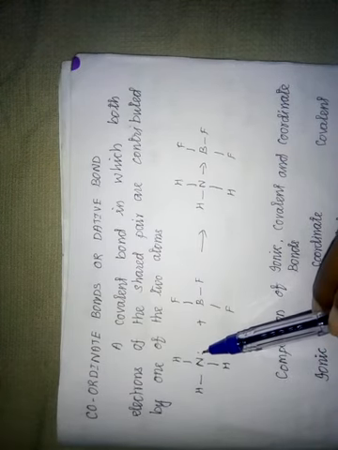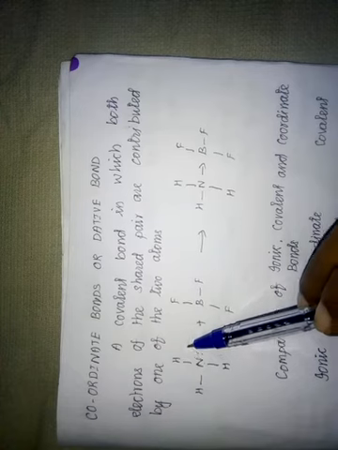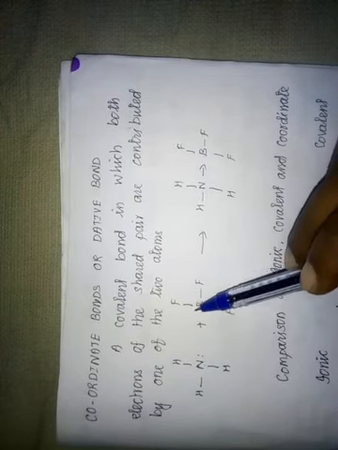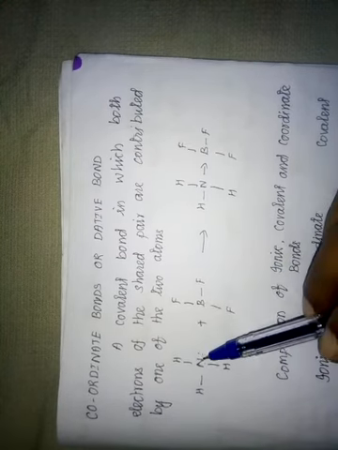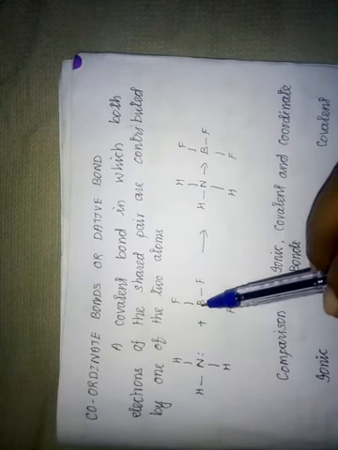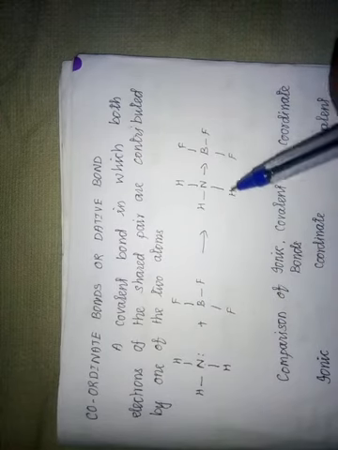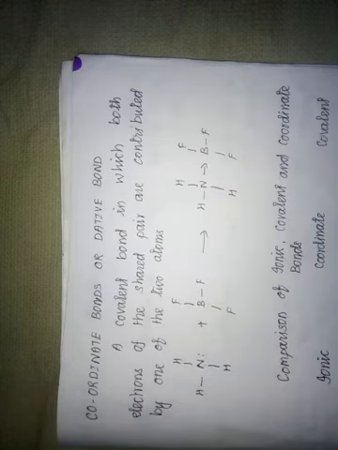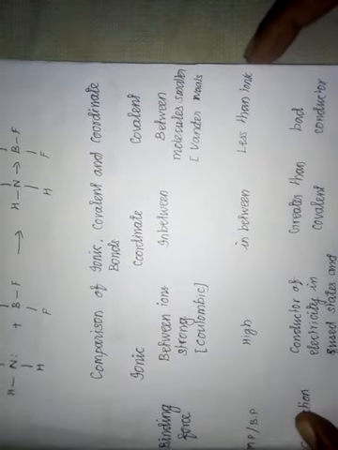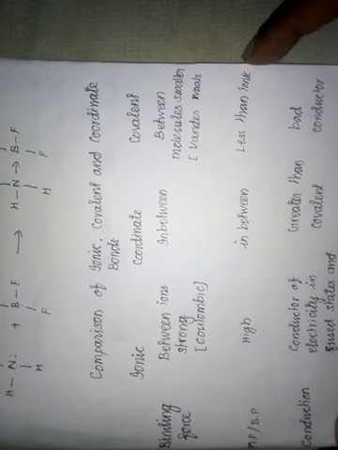These two electrons are given for bond formation to the boron atom, because boron is electron deficient and nitrogen is electron rich. It has two electrons. This electron pair is shared with the boron atom, and this is the type of dative bond or coordinate bond. Let's see the difference. This is an important point from the examination point of view. So if you keep this in your mind, it will be very useful for your examinations.